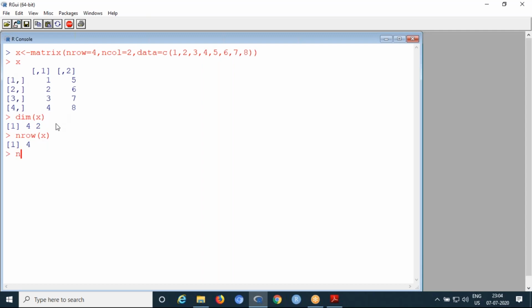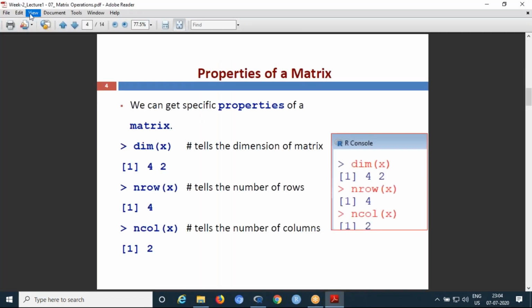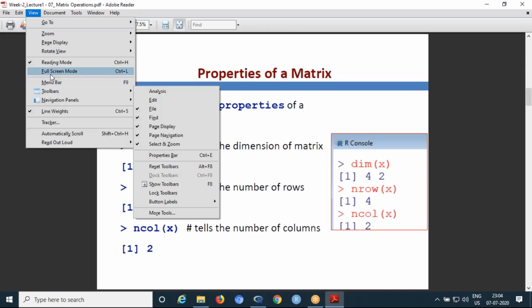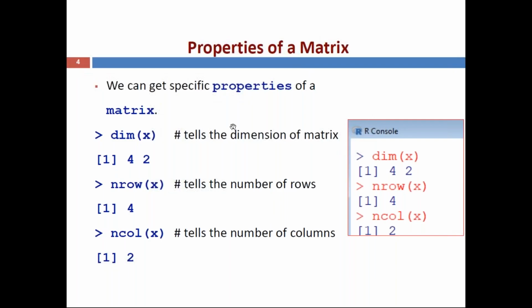Then similarly, to find the number of columns, you can use ncol of the matrix name X. So how many columns? 2 columns are there. Like that we find the dimension, number of rows and number of columns in a matrix using these commands.